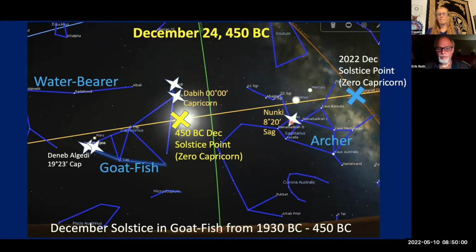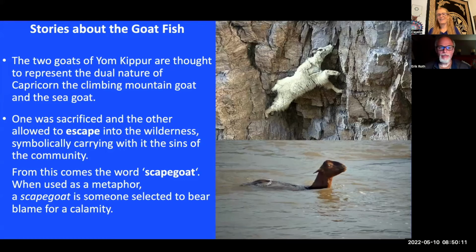Now, the star Nunki here, that's a big point. We'll be talking about that more later, just so you know. Just keep in mind that was in Sagittarius at that time. Go ahead, Caitlin. So since the goatfish is where the December solstice was way back when, we thought one